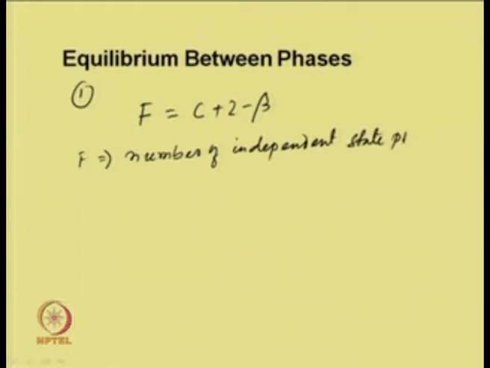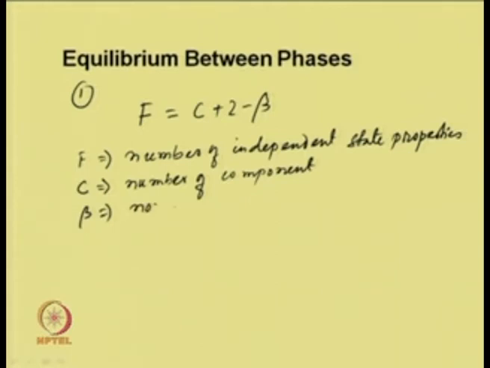State properties. C is the number of components and beta is the number of phases. Now, if we consider a binary system,